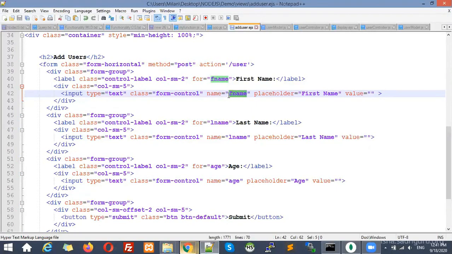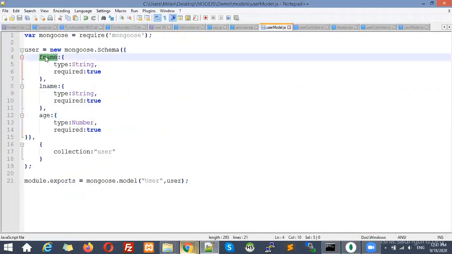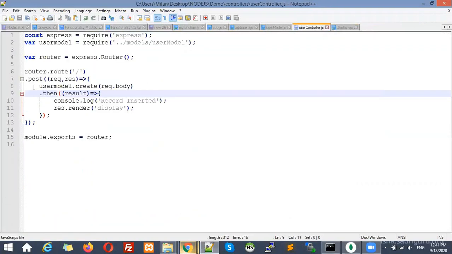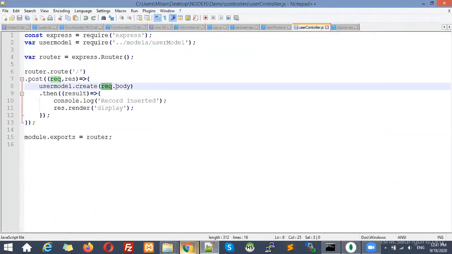If both are the same, what is the advantage? See here, in this create method, we can just pass request.body itself. Otherwise, we need to pass each parameter separately.